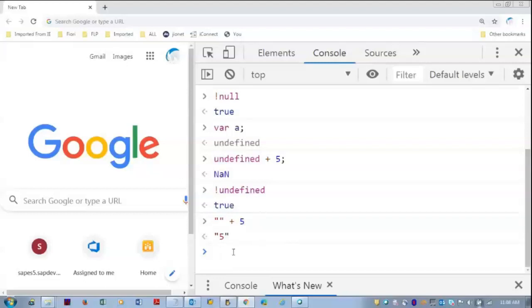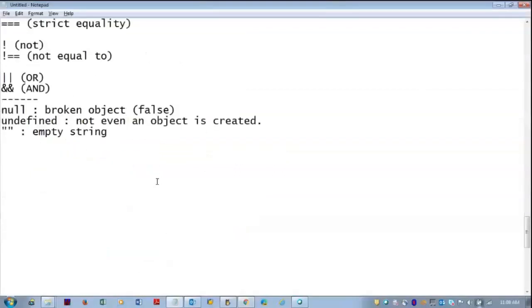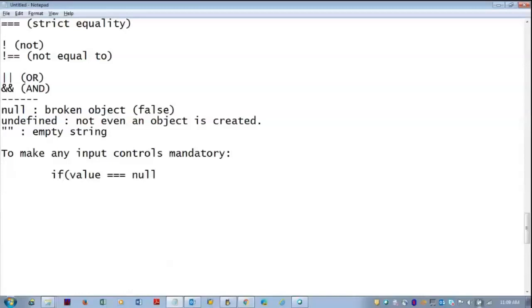Now, when a value input field is there and I want to make it a mandatory field, to make any input control mandatory, you have to check these three things. Check the value coming from it against null, or against undefined, or check whether it contains an empty string.